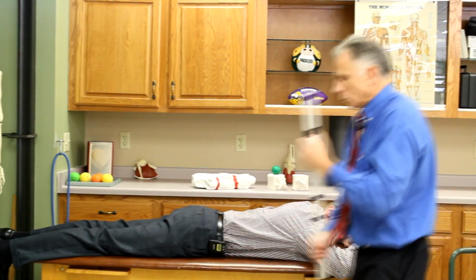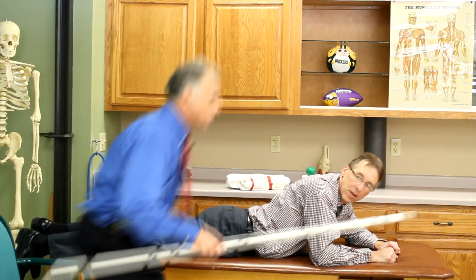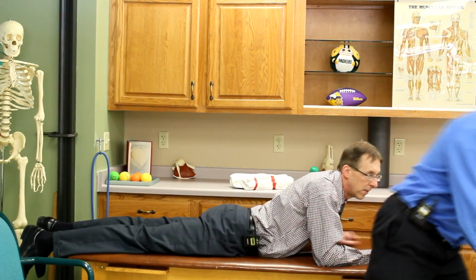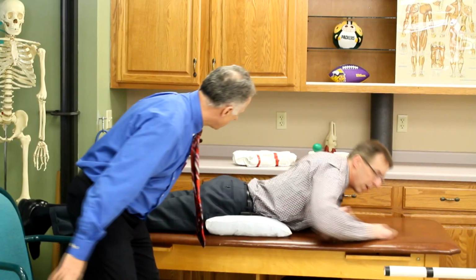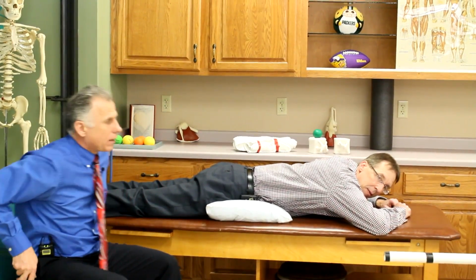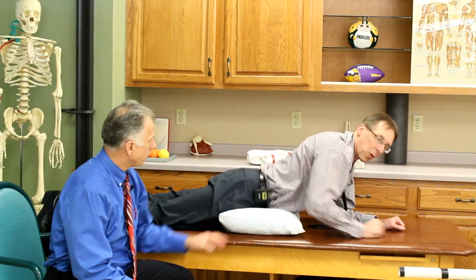You let your back straighten out. Some people can't even lay flat like this. Sometimes they have to have a pillow underneath them to start off, Brad. Right. As a matter of fact, should we show that, Bob, so they really get a gist of it? Or just take a pillow right about at the waistline, and that'll make it feel better, tolerable. I've had people that had to use two pillows, and then eventually they were able to work away from that,